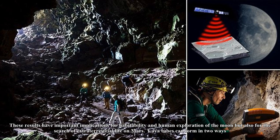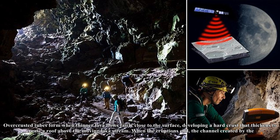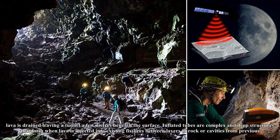These results have important implications for habitability and human exploration of the Moon, but also for the search of extraterrestrial life on Mars. Lava tubes can form in two ways. Overcrusted tubes form when thinner lava flows fairly close to the surface, developing a hard crust that thickens to create a roof above the moving lava stream. When the eruptions end, the channel created by the lava is drained, leaving a tunnel a few meters beneath the